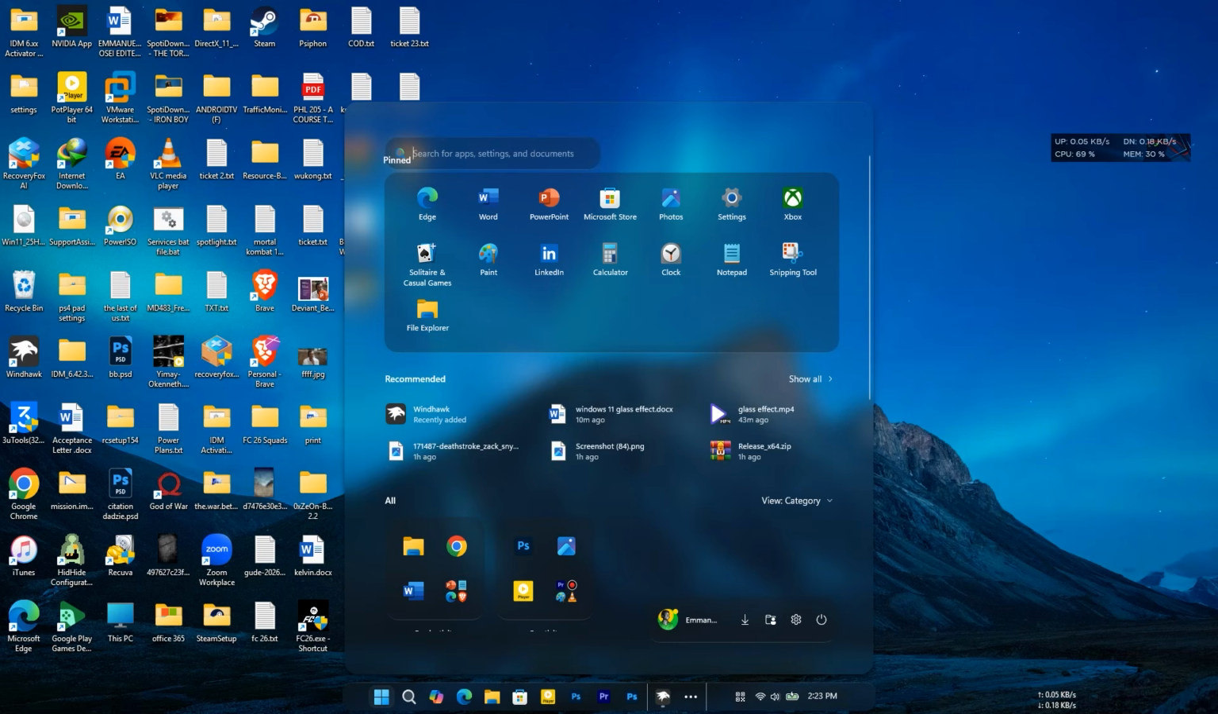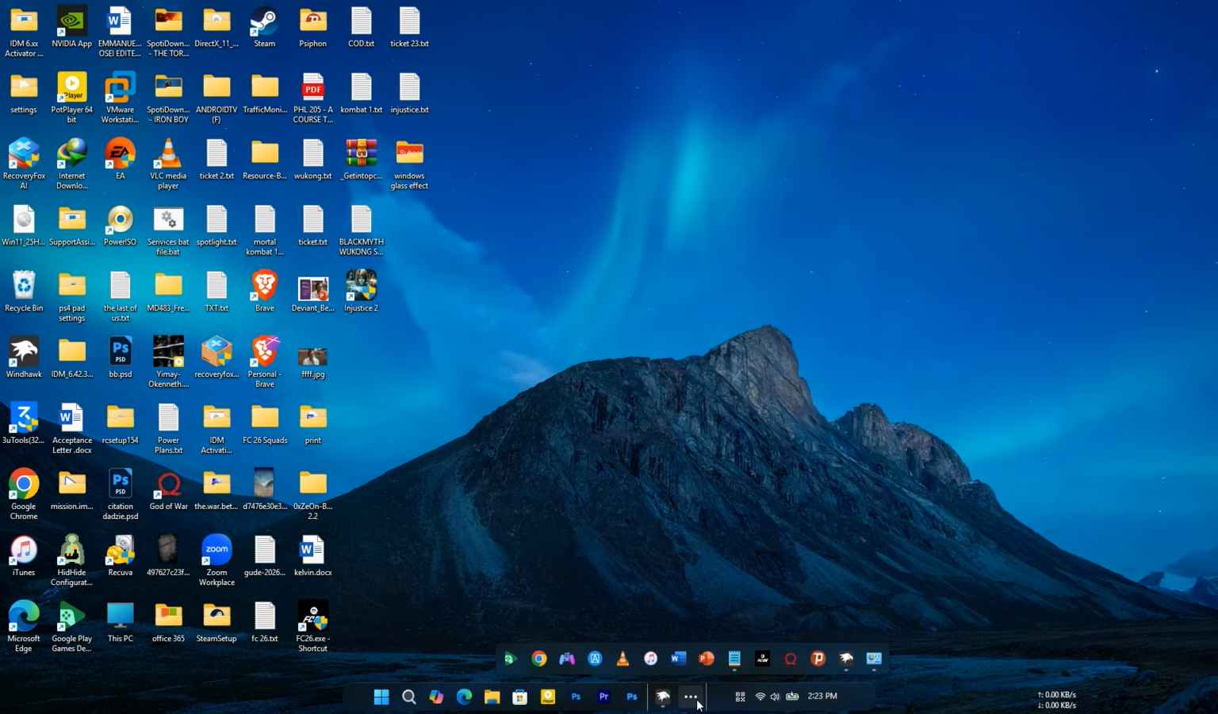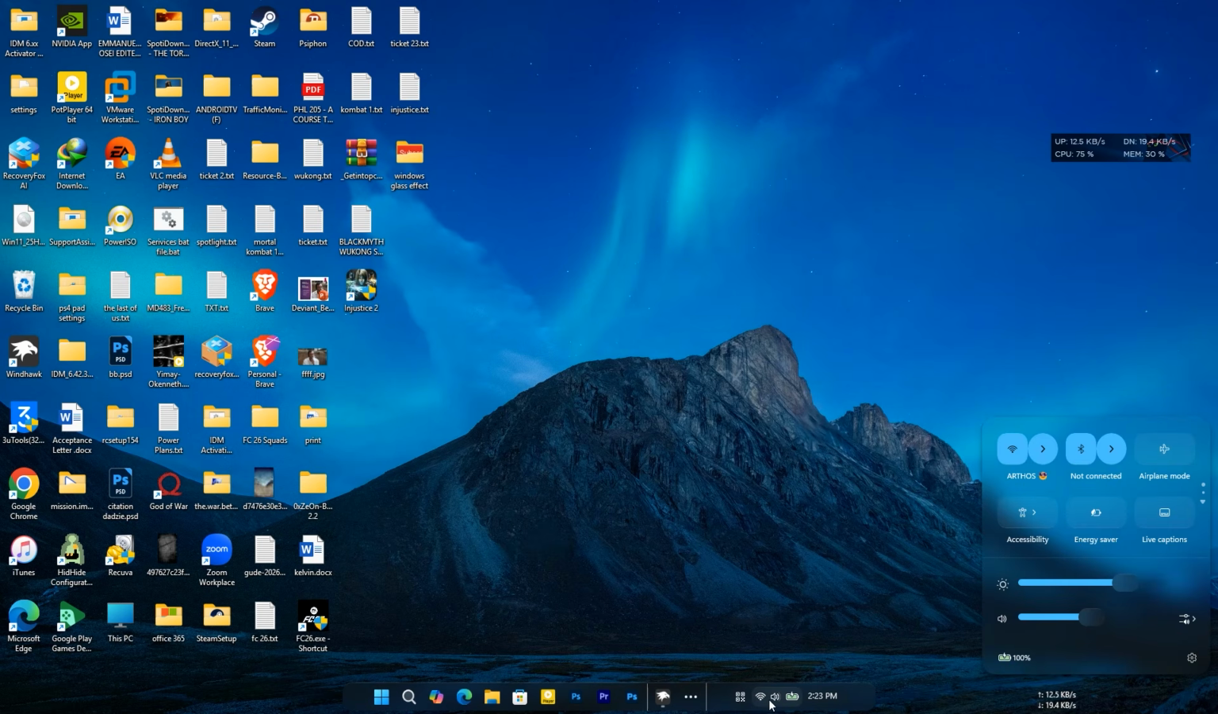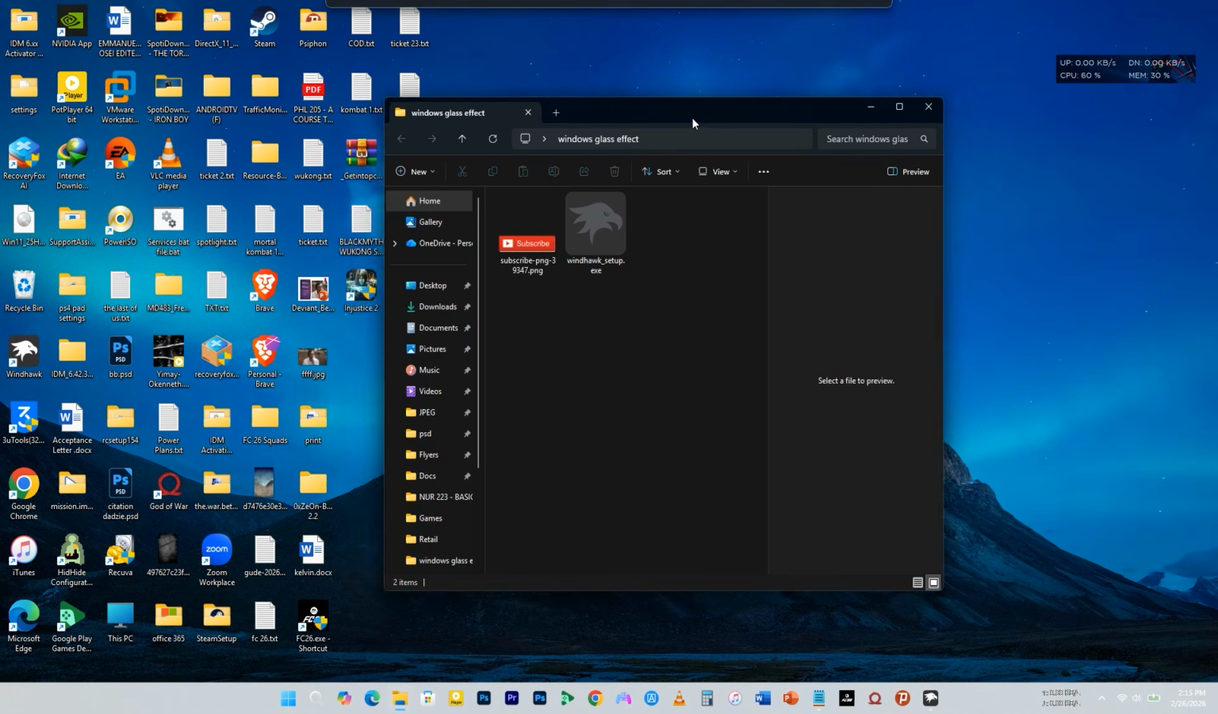Hi guys, in this video, you will learn how to get this glass user interface on Windows 11. You will learn how to apply the transparency or see-through effect on Windows 11 desktop, start menu, taskbar, and file explorer. To have this glass-like transparency effect on your desktop, file explorer, taskbar, start menu, control panel, and notification center,